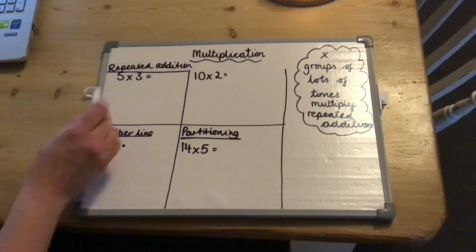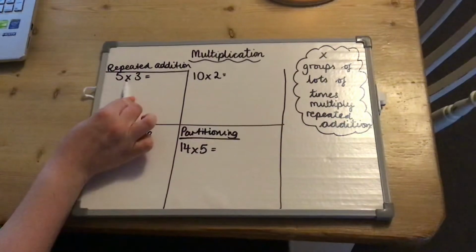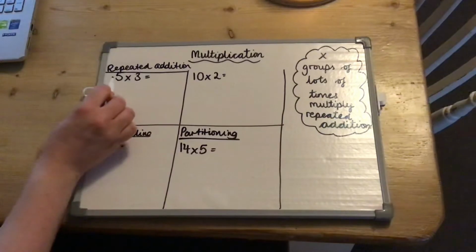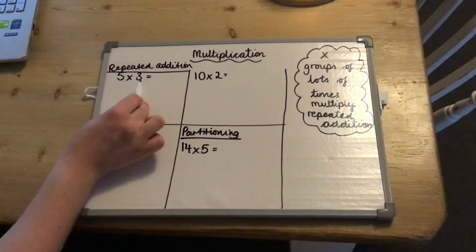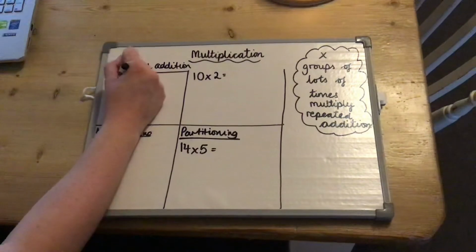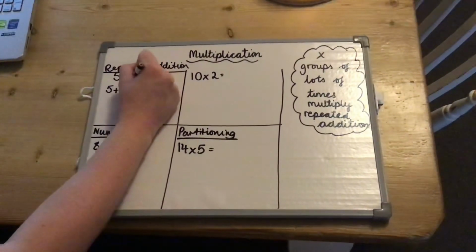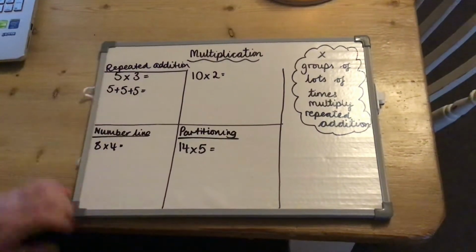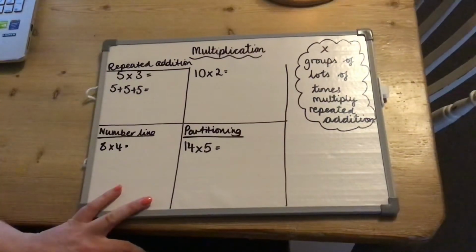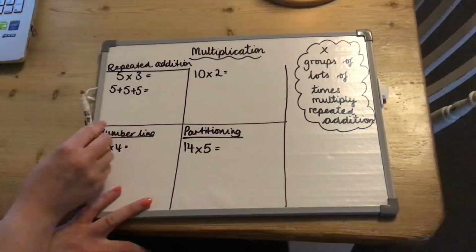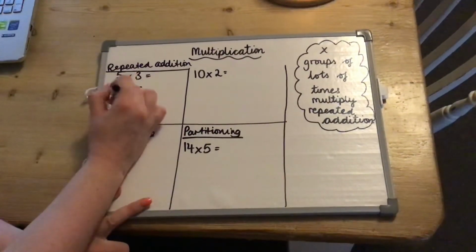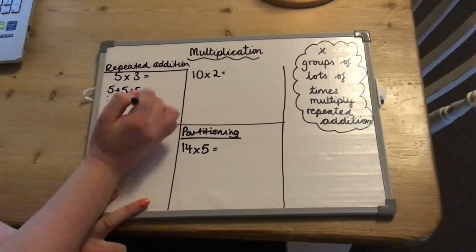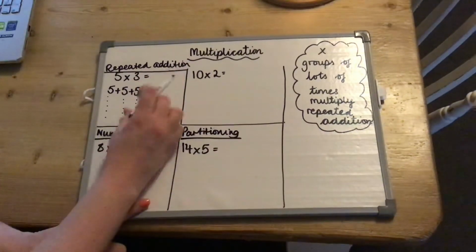So when we are looking at this symbol, it means, obviously these words over here, but we're looking at repeated addition first of all. So it means 5 multiplied by 3, and that would be 5 plus 5 plus 5. It means 5 3 times. And you can use whatever way you want to figure that out. If you can count in 5s in your head, that's great. If you want to draw dots underneath that, then that's fine as well. Do 5 and 5 and 5, add them all up together, and of course that will come to